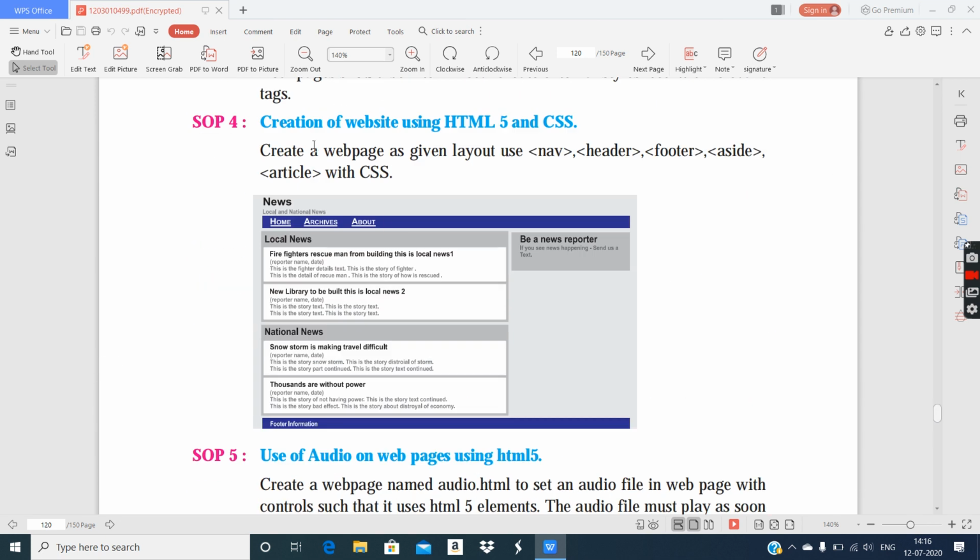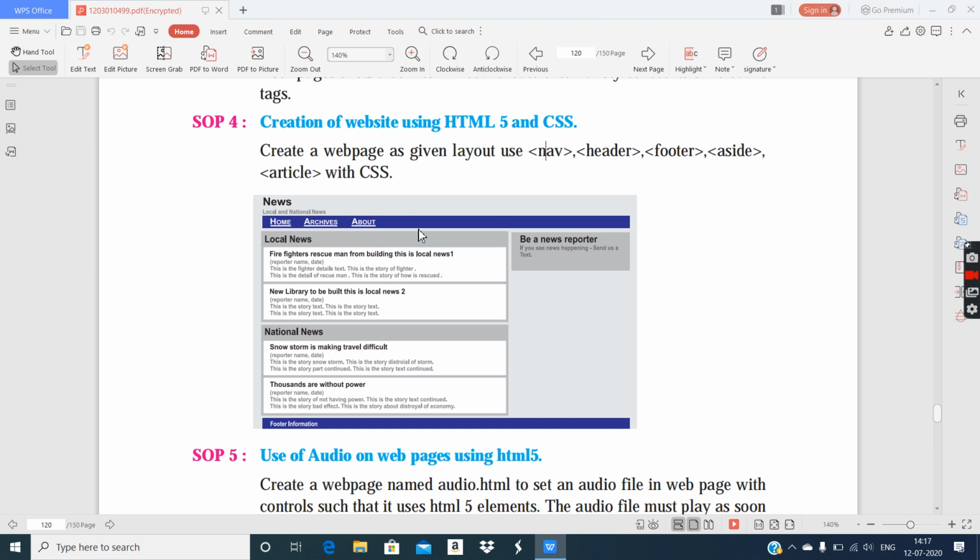Yes, here, SOP 4. See the question clearly says create a web page as a given layout, and you have to use header, nav for navigation. I think these two lines can be made with the help of header, news and local and national news, nav, home, archives, about. These are actual hyperlinks, three hyperlinks.